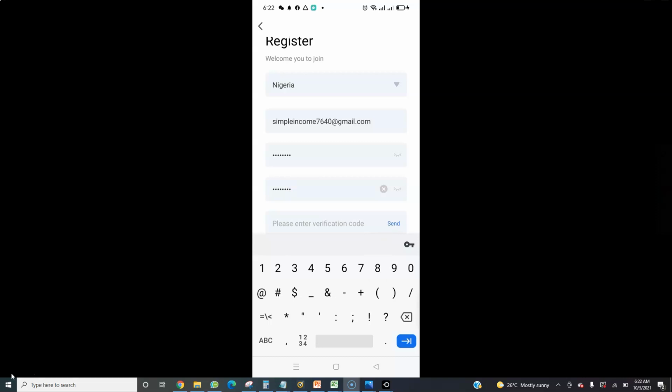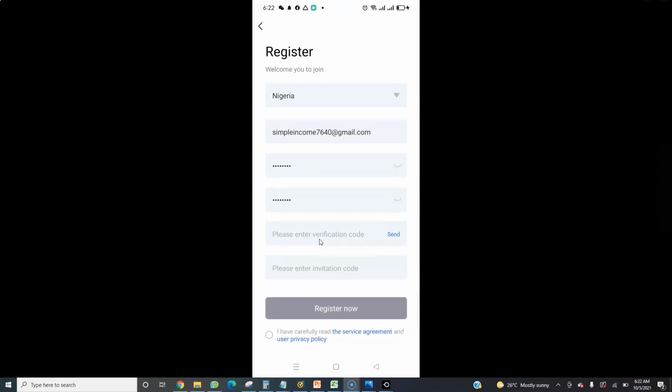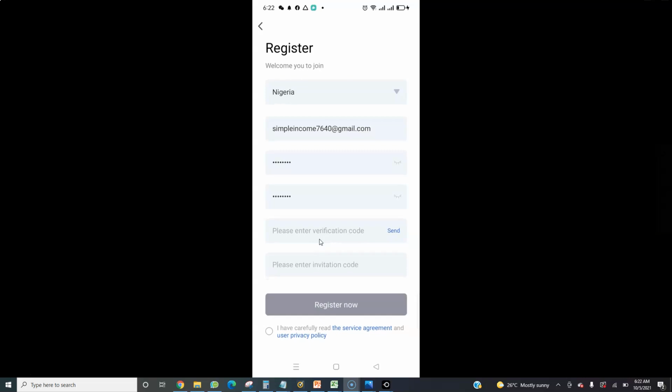The next thing we are going to do, you are going to see where they write enter verification code. They want to send a code to the email you provided at the top. They want to know whether the email belongs to you, which is why you need to use your active email address.